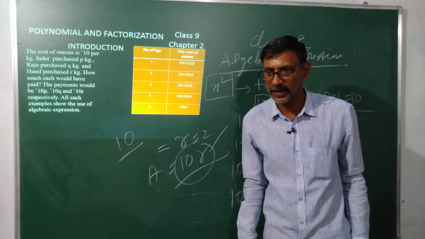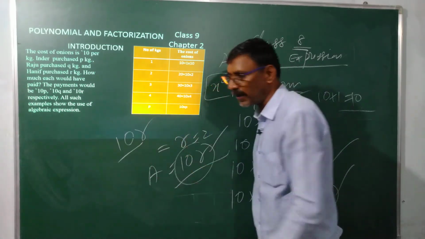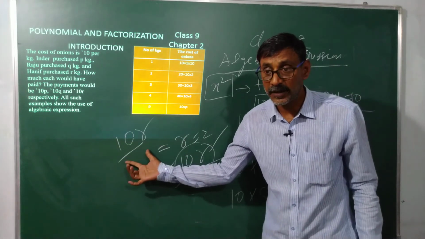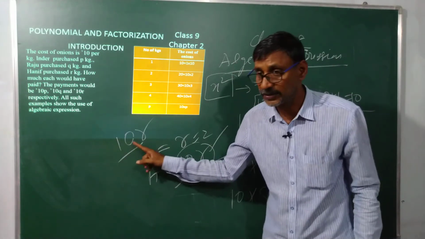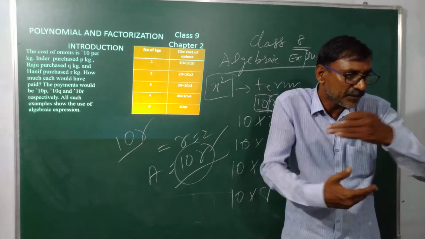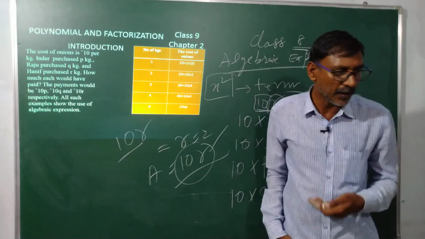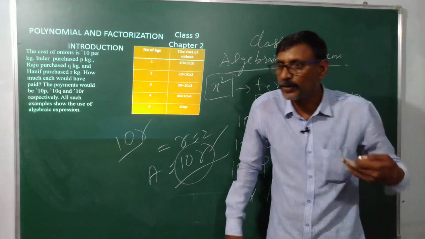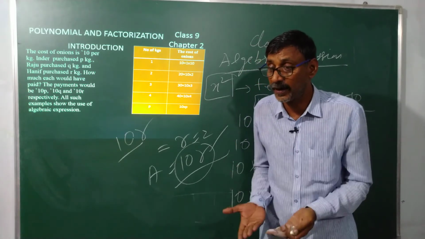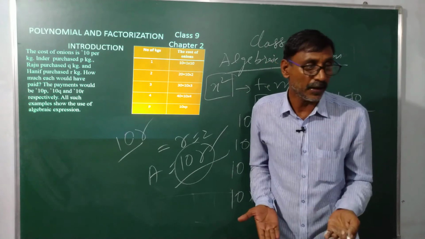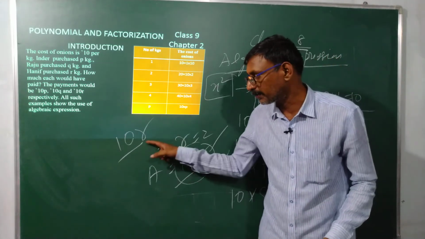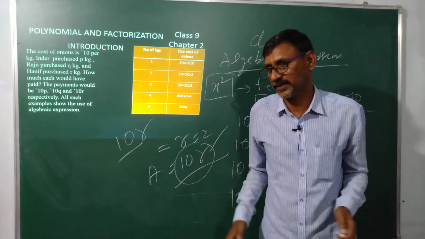It is an algebraic expression. Suppose if I take 10r, now it is also a term, but it is multiplied by a constant. 10 is a constant and r is a variable. Why do we call r a variable? The value will be changed by r. If r is 20, 10 twenties are 200. You should pay 200 rupees. If I take 20 kgs of onions, 10 twenties are 200 rupees you should pay. That's the reason it makes sense.